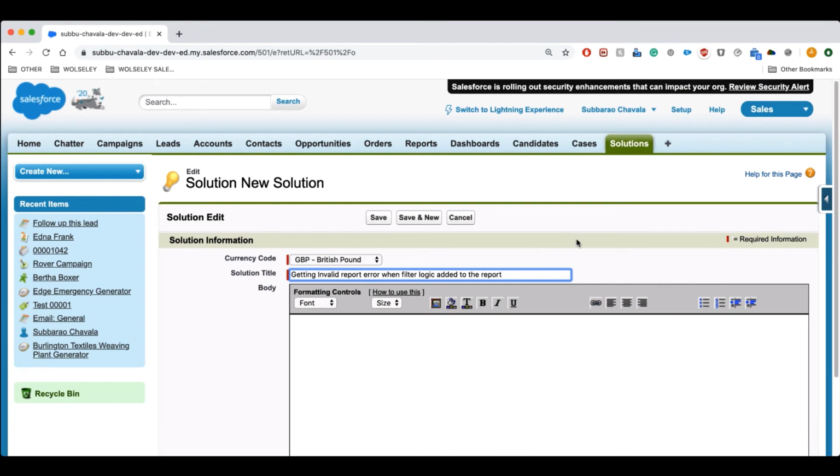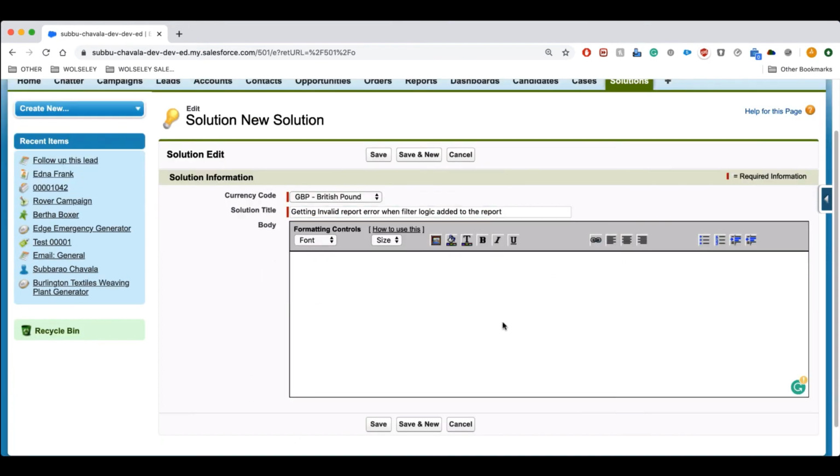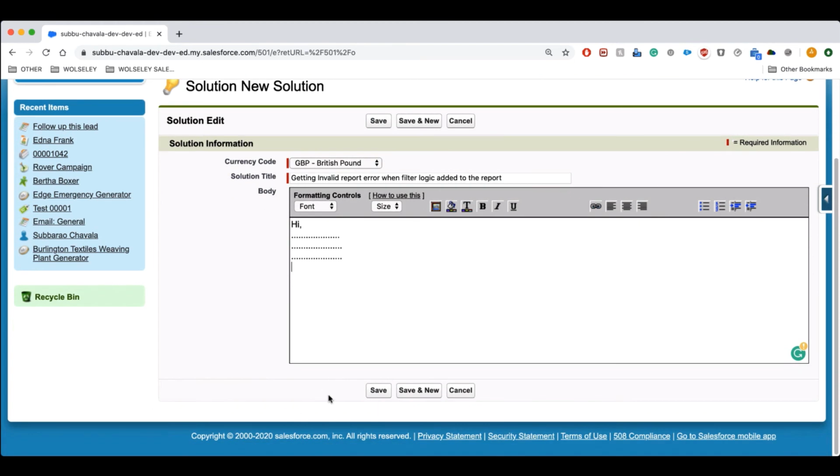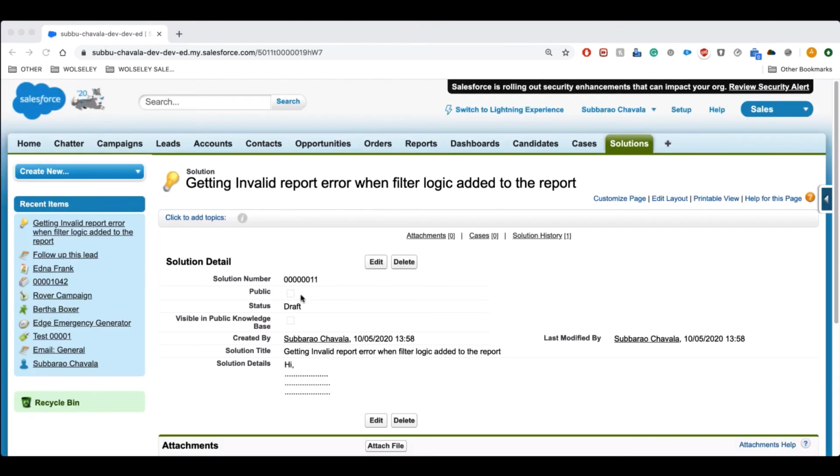If any of the users get this error, we are providing a solution to that one. Hi, because of such and such issue, you are getting this error. To overcome that issue, you need to do something like this. So we're going to provide some solution to that issue. Then click save. This has to be public.